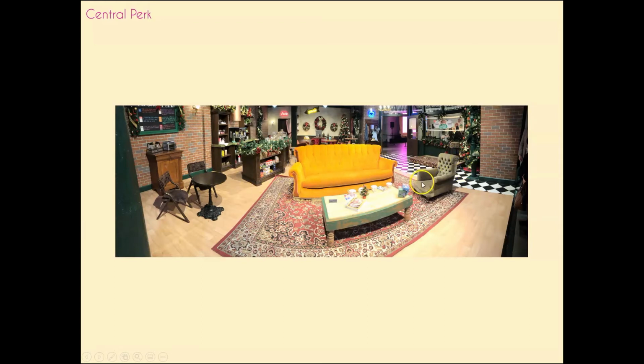We've then got the chair which usually Ross or Chandler sits in. I think it's actually classed as Ross's chair, which are very worn. They look like they've been used quite a lot, and so this gives this idea of something that's very comfy, very homely. The fact that we've got this paisley rug here, we've got mismatched furniture, is this idea that it's lived in, that it's a very homely place to be.